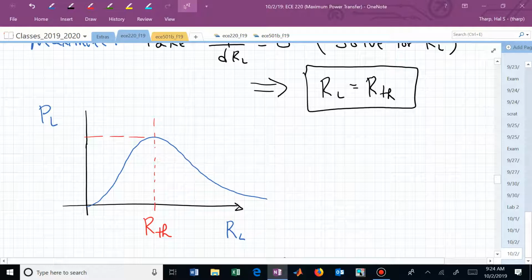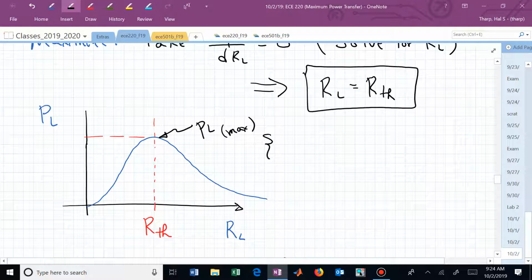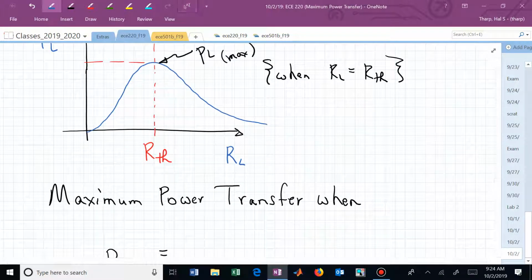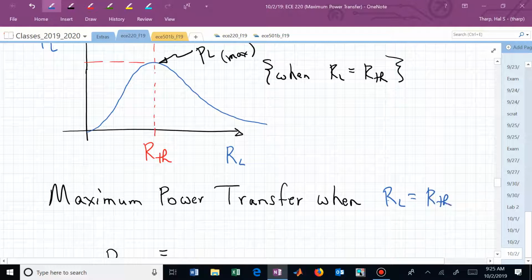And right at that Goldilocks moment, P max, or P sub L max, happens when R sub L is equal to R Thevenin. So the maximum power transfer occurs when R sub L is equal to R Thevenin, and we had the formula